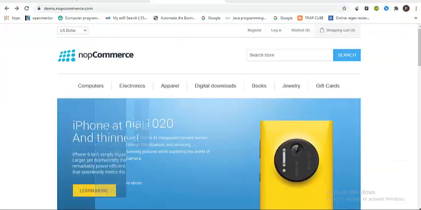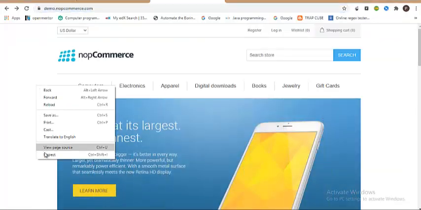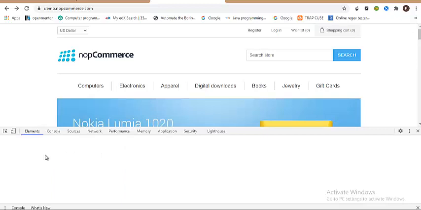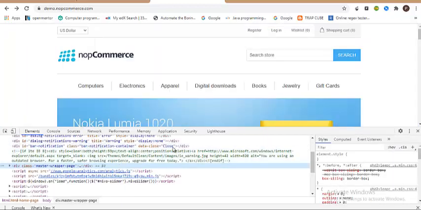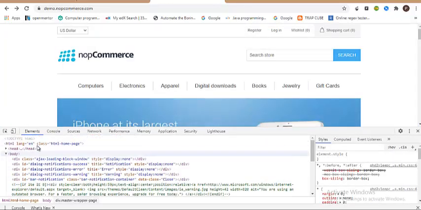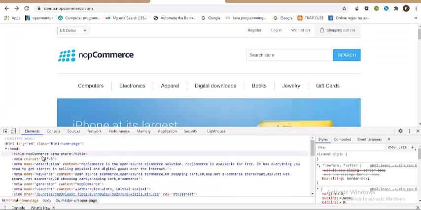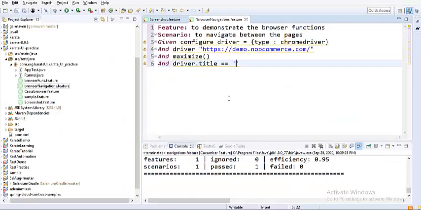what it is there. So let me just inspect. If you go to the DOM, if you go above, just inside the head section, you can see something called title. So this is the title of the web page. You can also right click and get the page source. From page source you can see that.